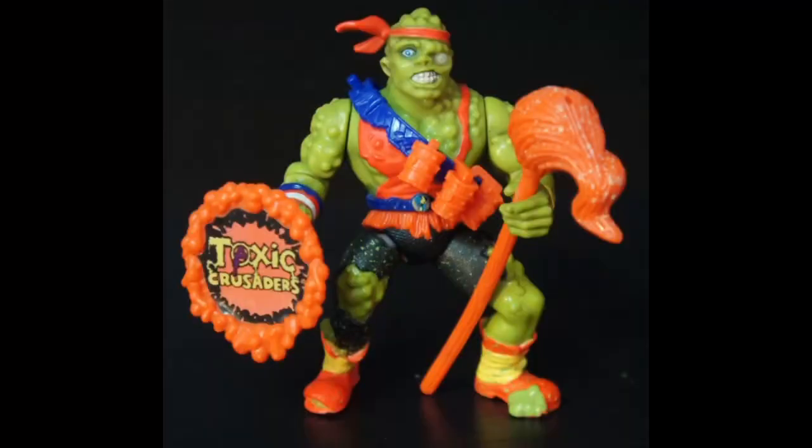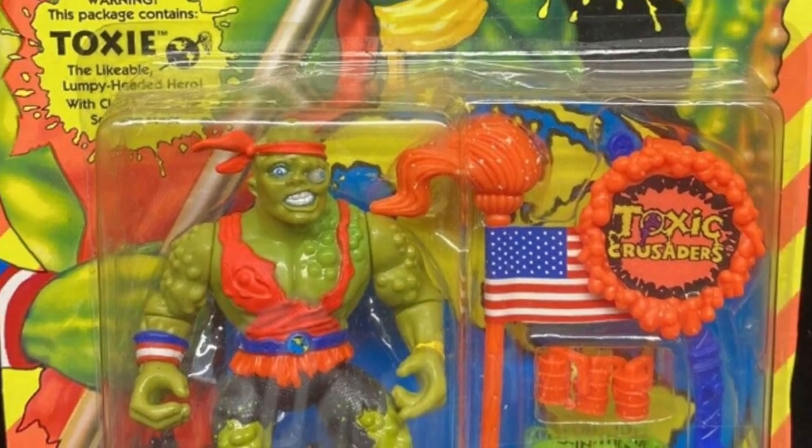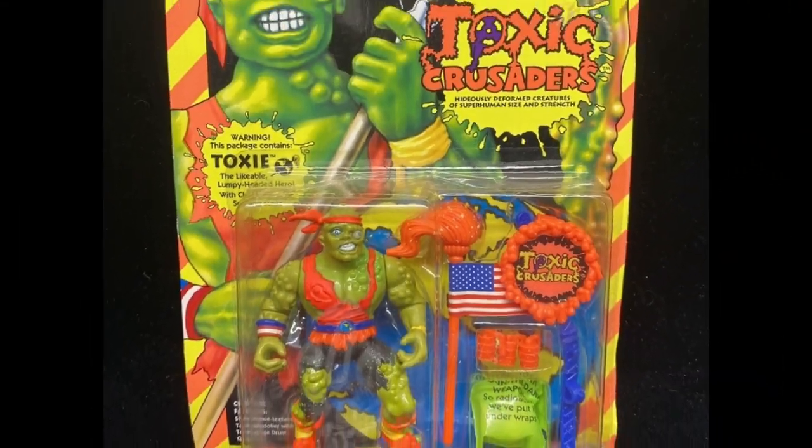The last 2 left. So the last 2 I hopefully want to get in 2023. Coming in at number 2 is the man himself, Toxie from Toxic Crusaders, all complete. Loose, to get him loose on card I'd imagine is going to be a bit of a stretch for that particular model, so to have him loose